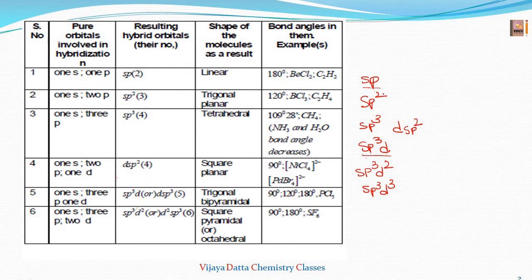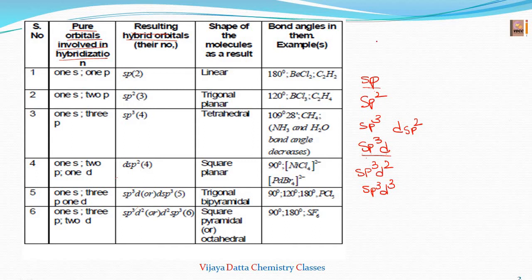So how to calculate sp hybridization? I will take one easy example and go through how to calculate it. In the theory part, I'll give you the shortcut to calculate the hybridization, and also how to identify which is the hybrid orbital and which is the pure orbital. Here you can see in this box they have given the pure orbitals involved in hybridization, and here the resulting hybrid orbitals. So what is meant by pure orbital, and what are the hybrid orbitals? We should know.